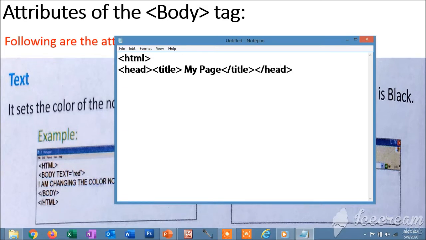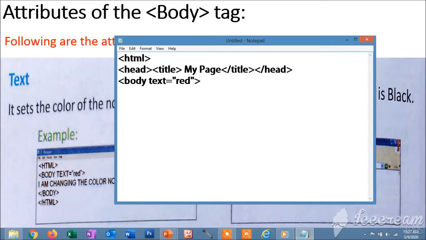Title and head you can close because these are control elements. After writing this you can open body and write down the attribute text and write the color of the text.